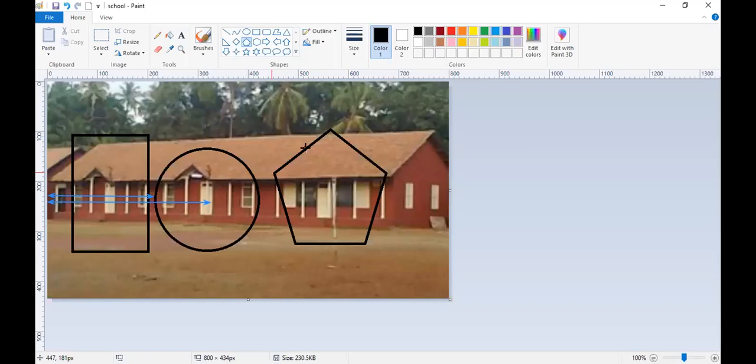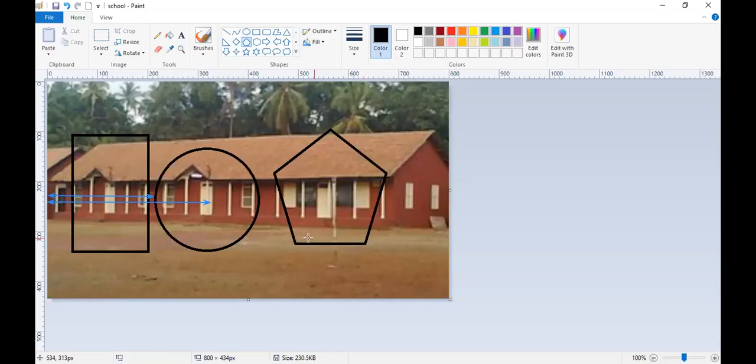So I will take the first coordinate: 564 comma 94. Note it. Now the second point, going clockwise: 677 and 183. Note it. Then the next point: 633, 323.